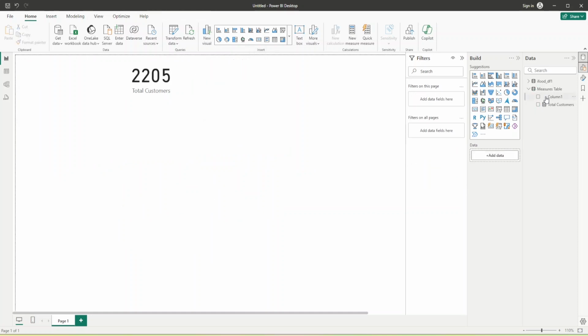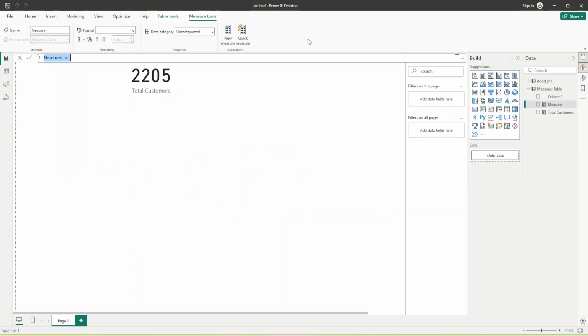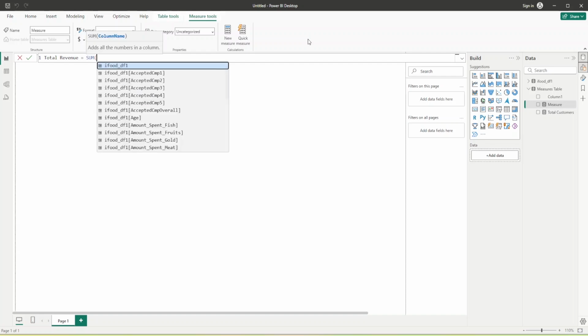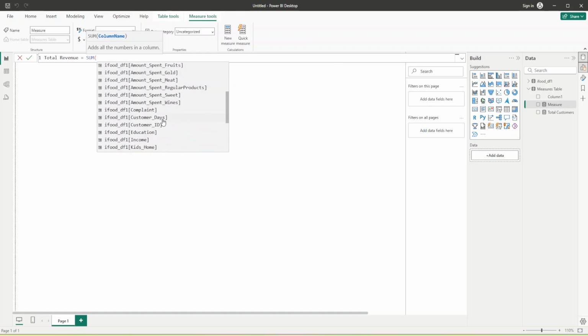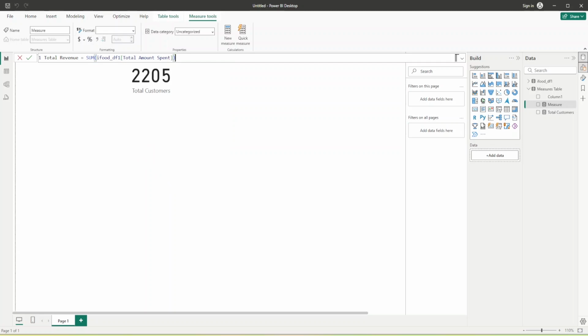Okay. Once we have created total customers, let's calculate total revenue. We will write total revenue, and total revenue is calculated by summation of total amount spent on different products. So we have a column for that. This is all the amount spent on fish, fruits, gold, meat, regular products, sweet and wines, and the accumulation of that is also available. So this is total amount spent that will be considered for calculating the total revenue,